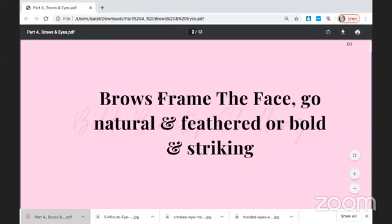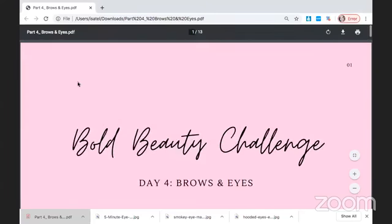We're going to focus today all about brows and eyes, and how to find the right eyebrow products to get shadow techniques to complement your eye color and your eye shape. So we're going to get started. First off,